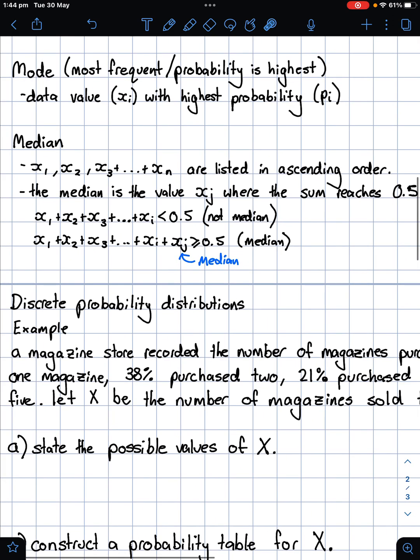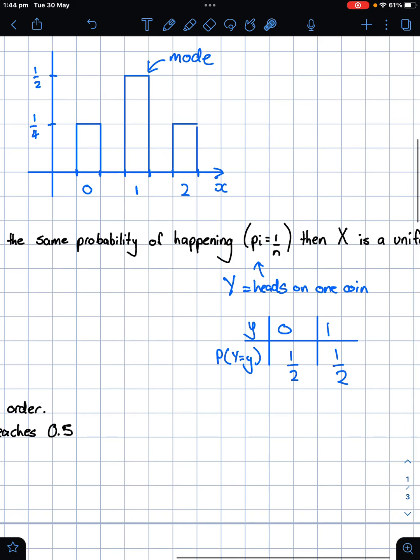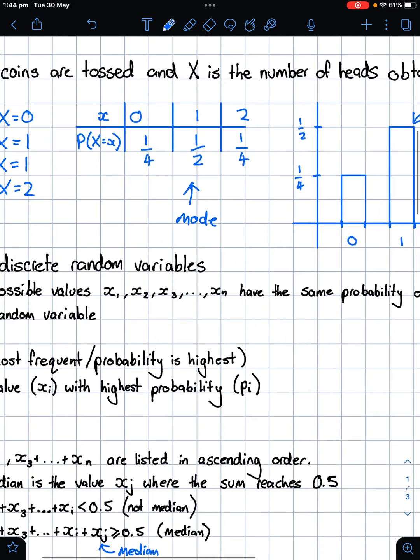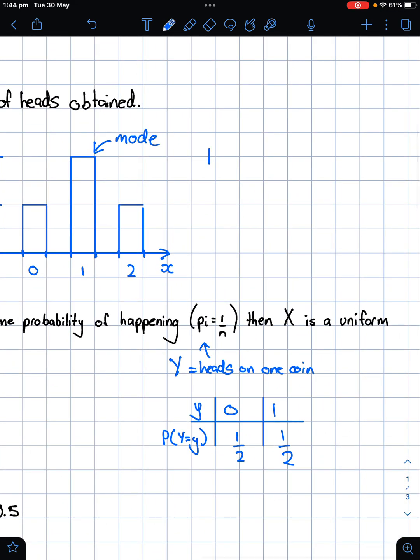Okay, so if the probabilities of these is less than 0.5, then it's not a median. If we get to a value and it's over 0.5 and the one before it wasn't over 0.5, this one becomes the median. So if we were considering this value up here, we would have the probability of 1. So x1 equals 0. We have the probability that equals a quarter. Therefore, 0 is not the median. But in ascending order,